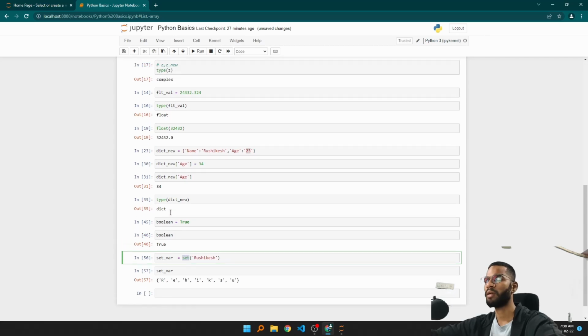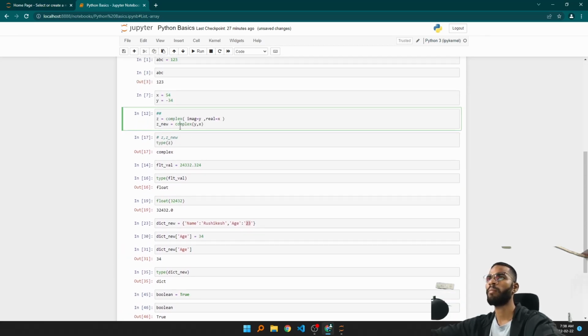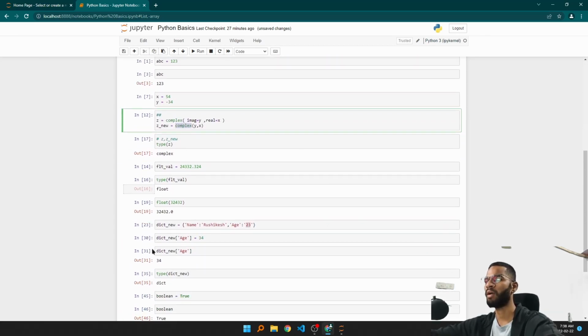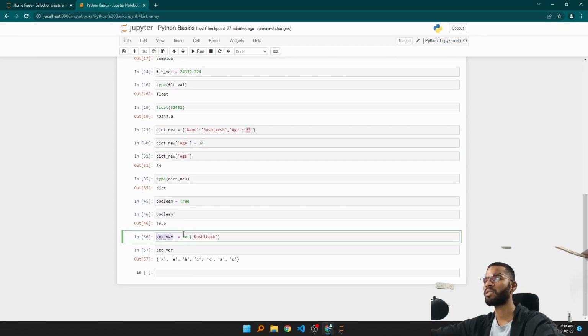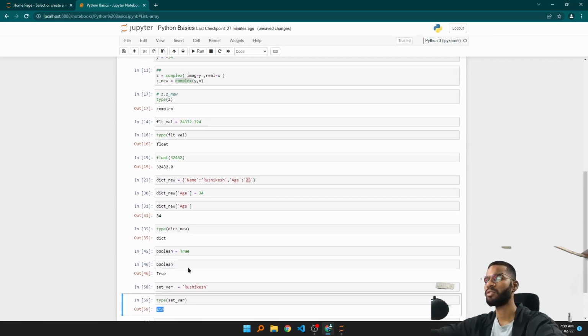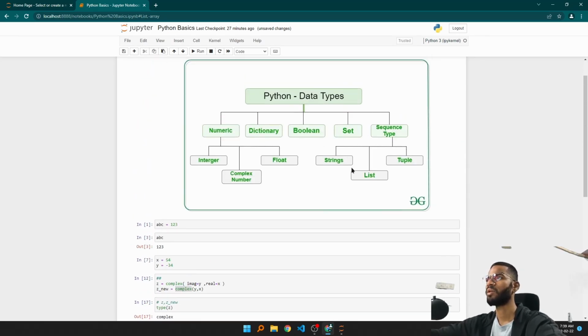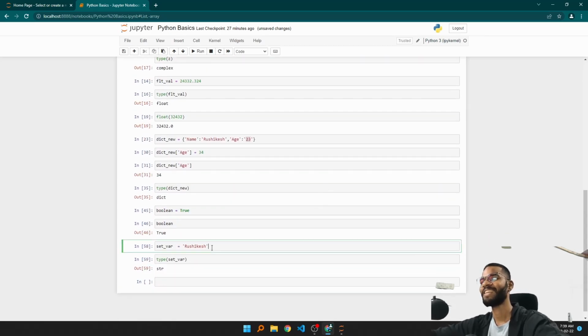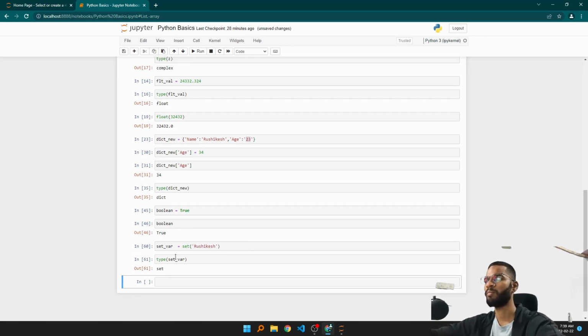You have to pass set and complex to a function in order to generate values. By default it does not consider this as a set, it will consider it as a string. And if you see the type of this, if you define it this way, it says string, str. And we will get to the string part right now. But let's not disturb this, and let's execute this, and you can see the type variable set